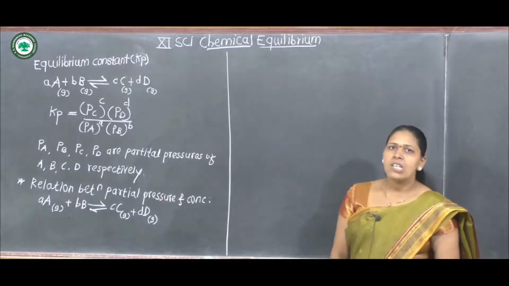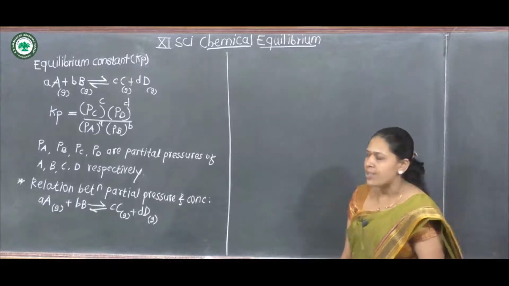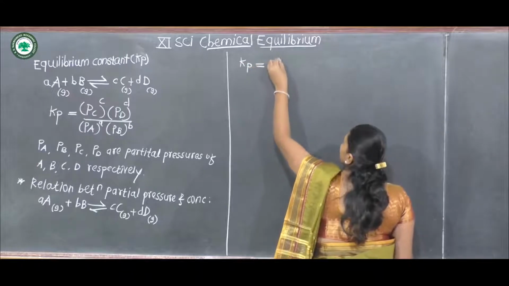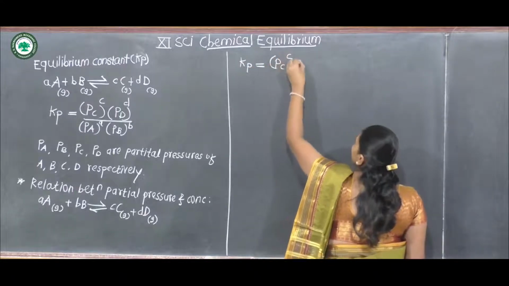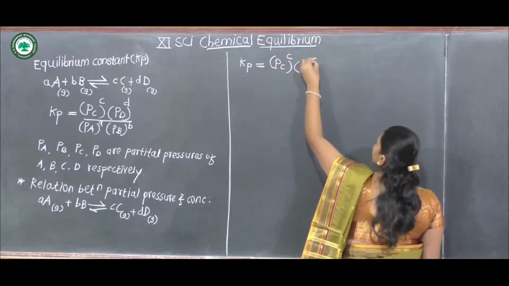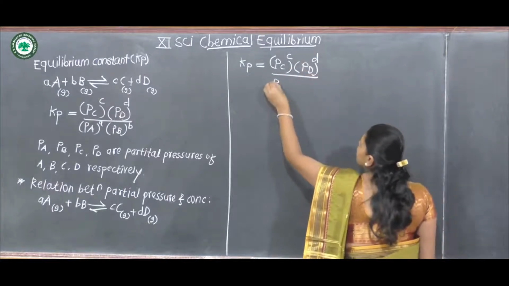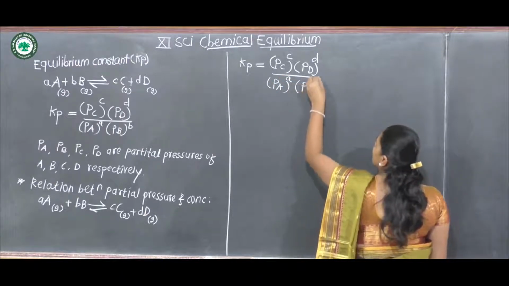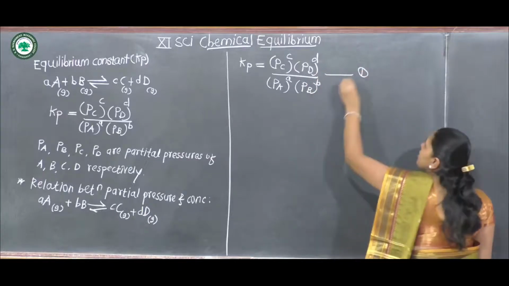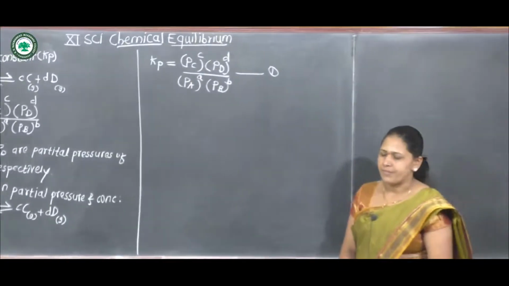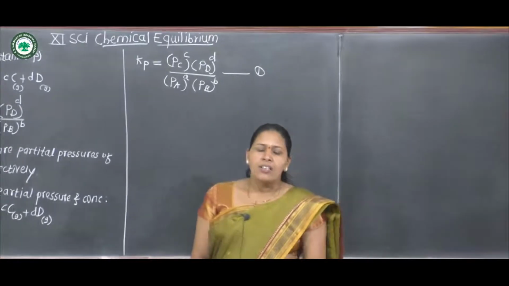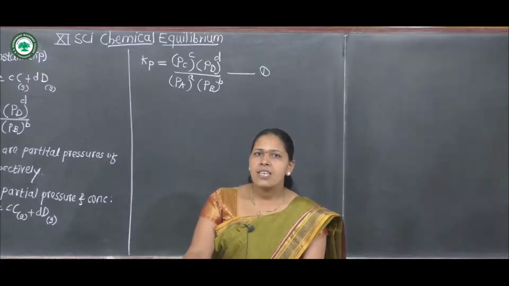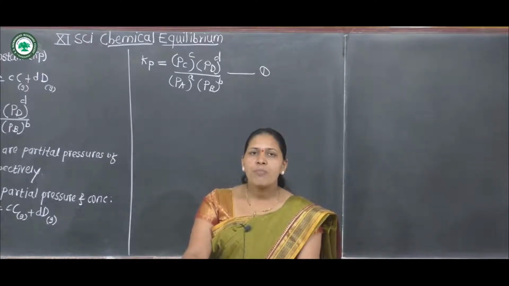For this reaction, equilibrium constant is expressed in terms of partial pressure. Therefore, Kp for this reaction is equal to partial pressure of C raised to c into partial pressure of D raised to d divided by partial pressure of A raised to a into partial pressure of B raised to b. Say this equation as equation number 1. In this reaction there is a mixture of 4 gases. Therefore, for the mixture of ideal gases,